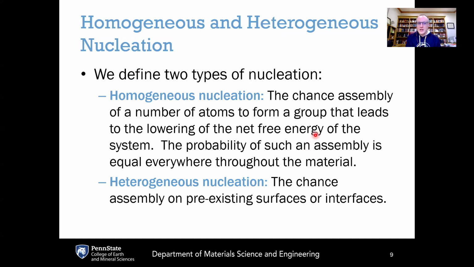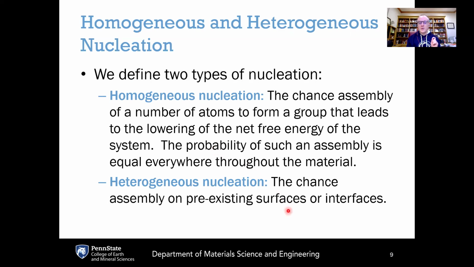Now, one way that we need to classify nucleation is by either homogeneous or heterogeneous nucleation. Homogeneous nucleation is defined as the chance assembly of a number of atoms to form a group that leads to the lowering of the net free energy of the system. The probability of such an assembly is equal everywhere throughout the material. Or in other words, homogeneous nucleation occurs throughout the volume of a liquid, and it occurs at the same rate no matter where you are in that liquid, assuming that it is homogeneous and free from any surfaces or